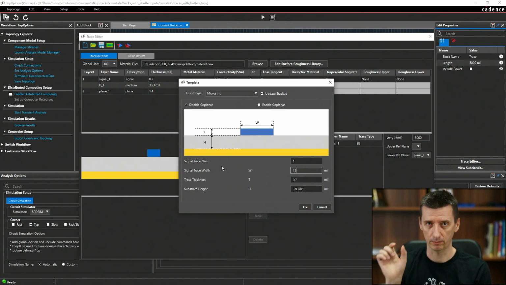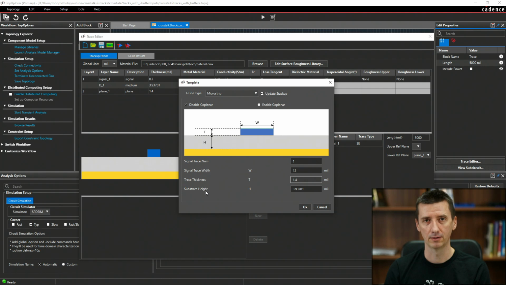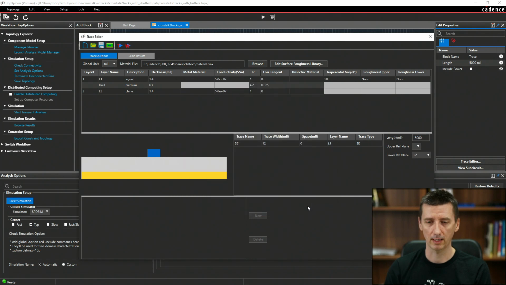So we are going to have 12 mil tracks in our simulation, 1.4 trace thickness. And initially we are going to simulate a 2-layer PCB. So what is going to be the substrate height? What is the standard height for a 2-layer PCB? 63 mils. Okay, so this is basically how you specify your PCB in this simulation.